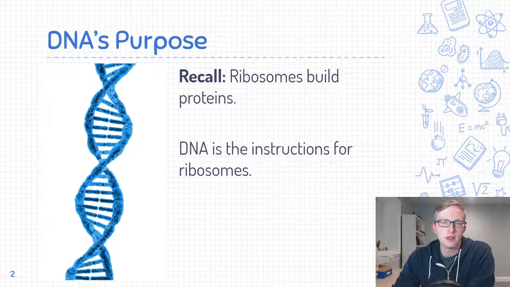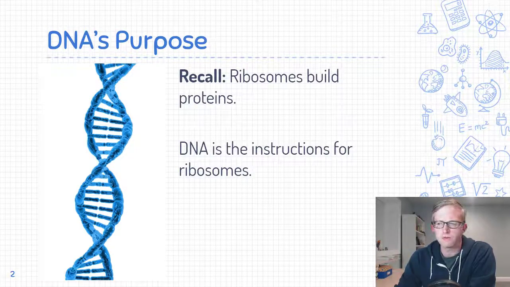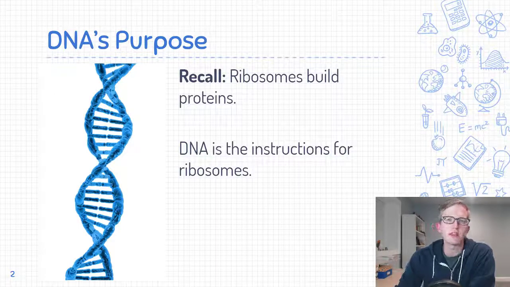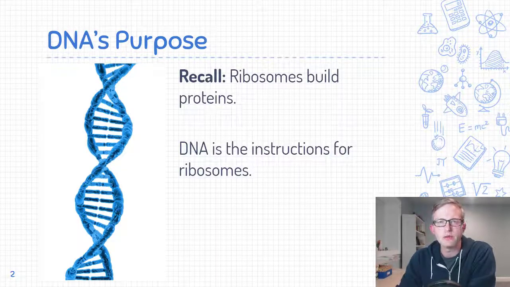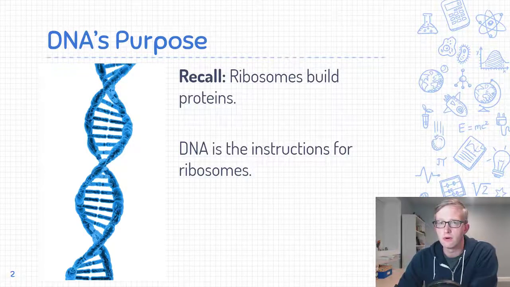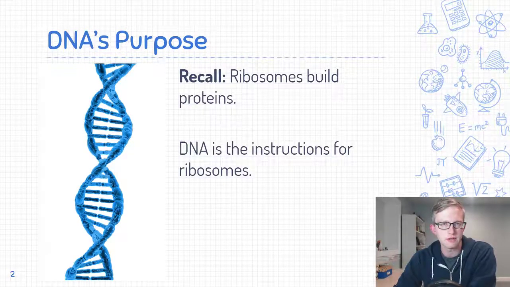And that's it. And I start with this because I think it's important for us to clear the air in terms of, we talk about DNA like it's this super involved and complicated thing that's just running the entire cell. We use those words sometimes. We say that DNA controls what happens inside of the cell. And while I don't think that's really a lie, it really overshadows the fact that DNA has a very, very simple function of providing the code to make proteins.